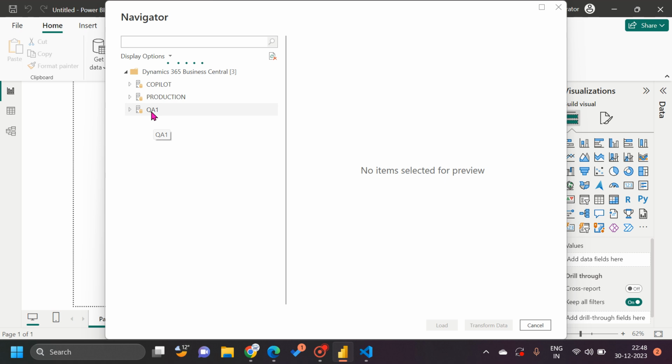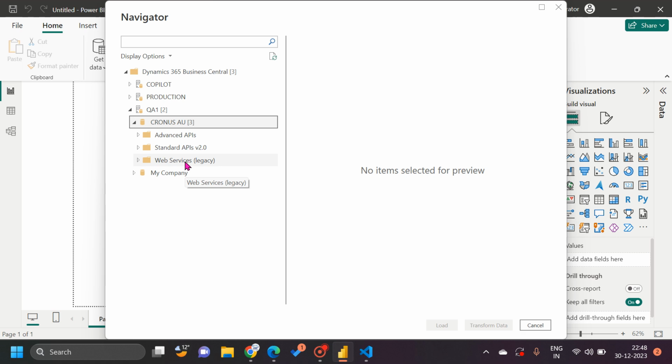and once you click on that, it will take a bit of time, and now you can see that it is showing you the companies. Whatever companies are there in the sandbox environment, it will show you that list. Now I'll select my Kronos AU company, and now I have three folders available. One is for advanced APIs, second one is for standard APIs, and third one is for web services. Okay, so I will not go deeper into every detail, but let's say,